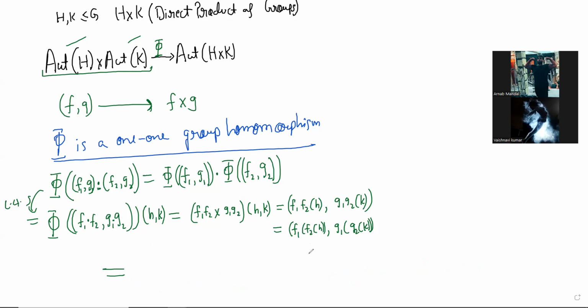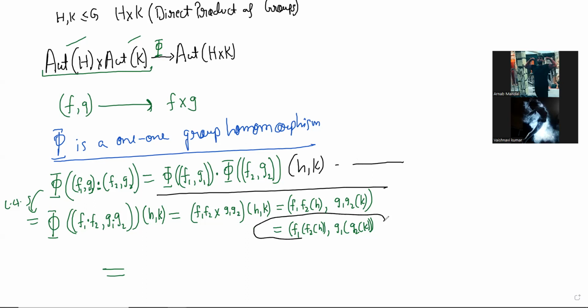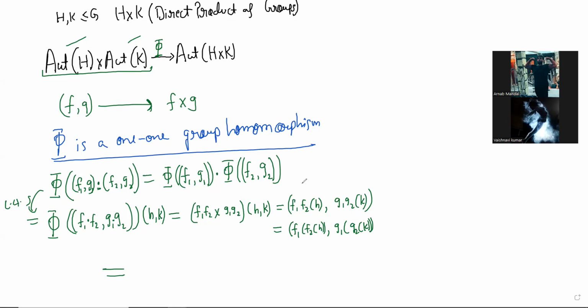But the simpler way to do this, if you don't want to go forward from here, is that you look at this thing and you apply h comma k to this and operate and see that you get the same thing. But don't look at this while doing it, otherwise you'll inevitably cheat, right? Without knowing, maybe. So just take h comma k and apply it on the right hand side, and you see that you get the same thing. But that's fine. But now this is an element of h, this is an element of k,